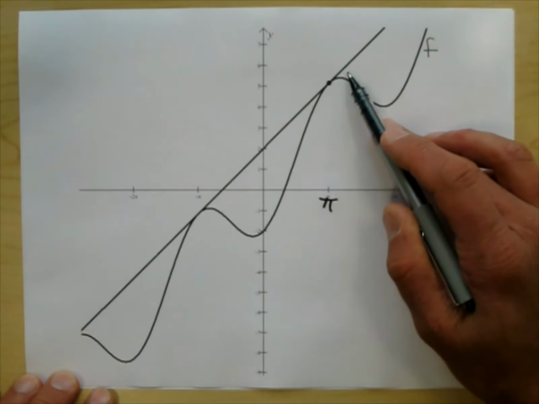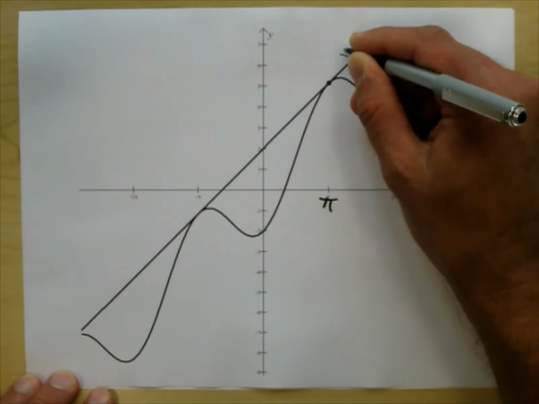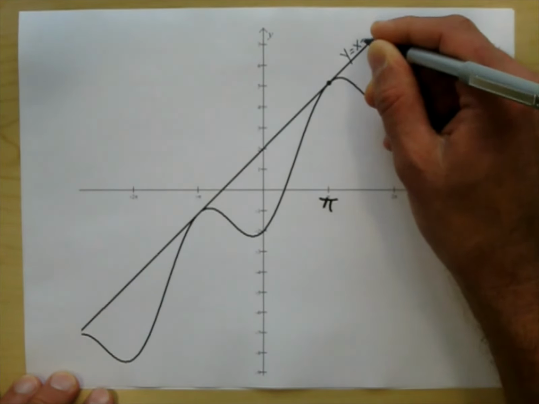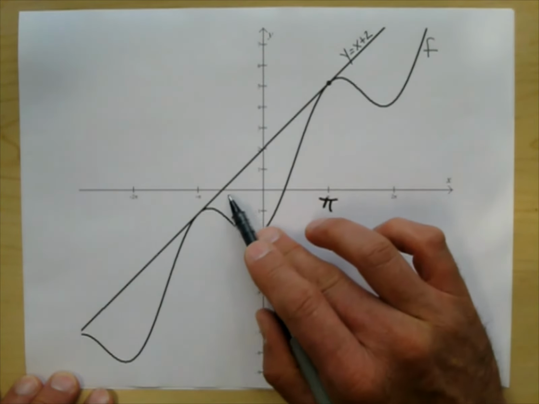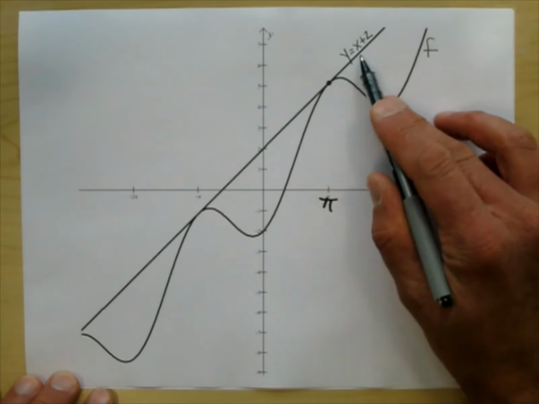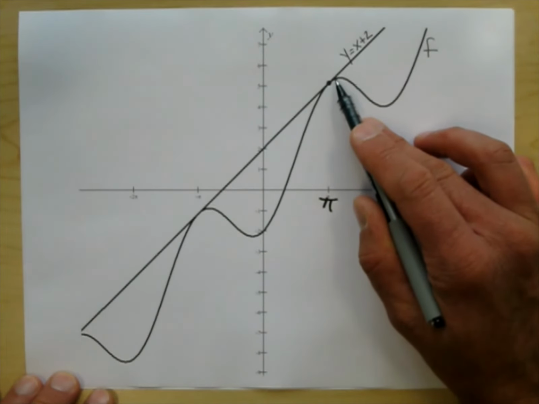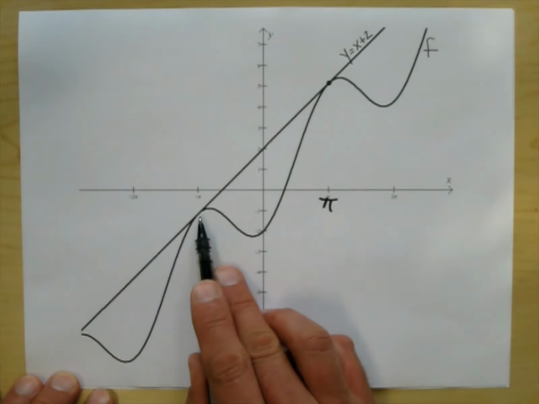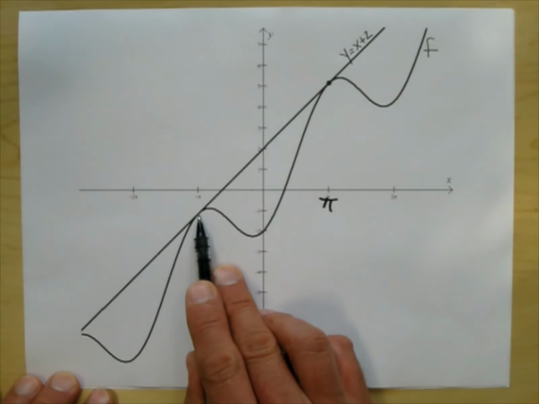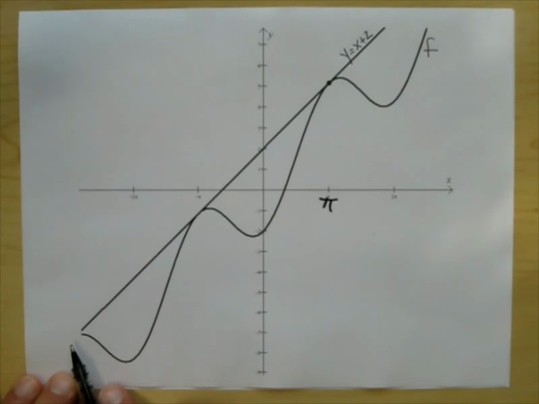And there's the tangent line right here. This tangent line is the one we just found. This is y equals x plus 2, has slope 1, has a y-intercept of 2. Looks like that. It also looks like, this is just my guess, I could be wrong, this line is the tangent line at the x value negative pi, and perhaps at this x value here and an x value up there. So you don't have to actually generate graphs on a computer,